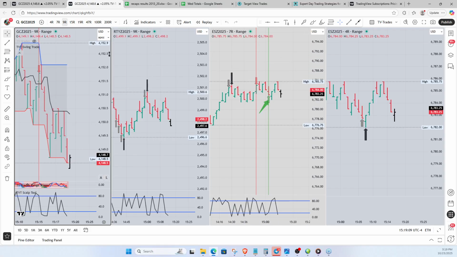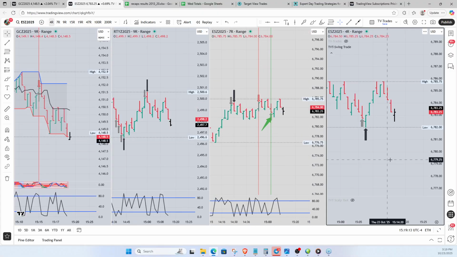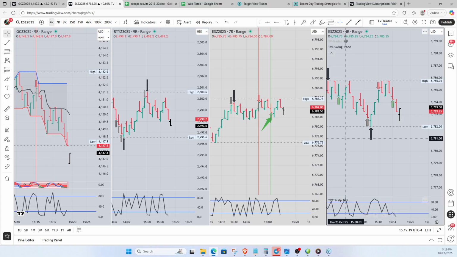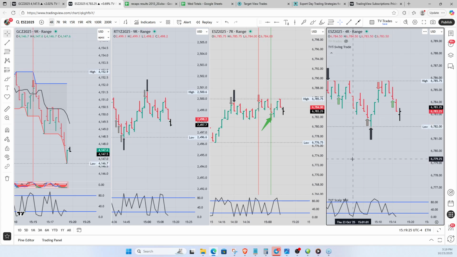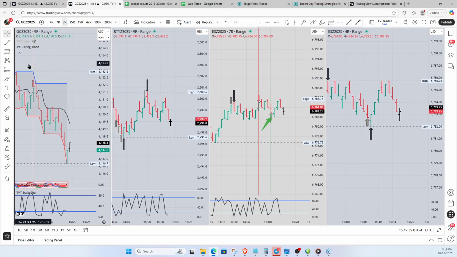All right, so we haven't had any more trade signals since we left here a minute ago. Now the ES is on the 4 range right here. I didn't put the scalp on the 4 range. If I turn the scalp on the 4 range, it gave a signal here, here, and here. But we'll just go with the swing on the 4 range, and we'll stick with the scalp over here on the ES 7 range, and I think we have it over here.